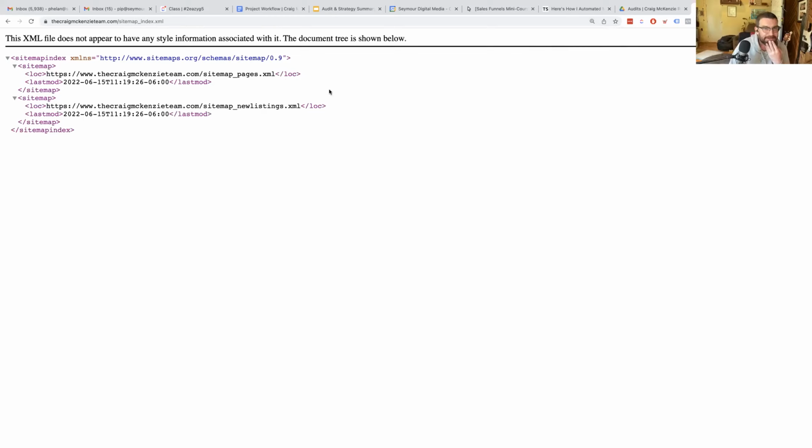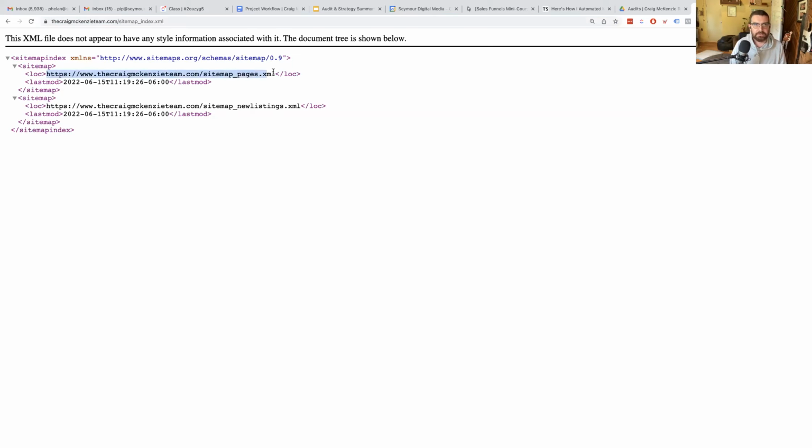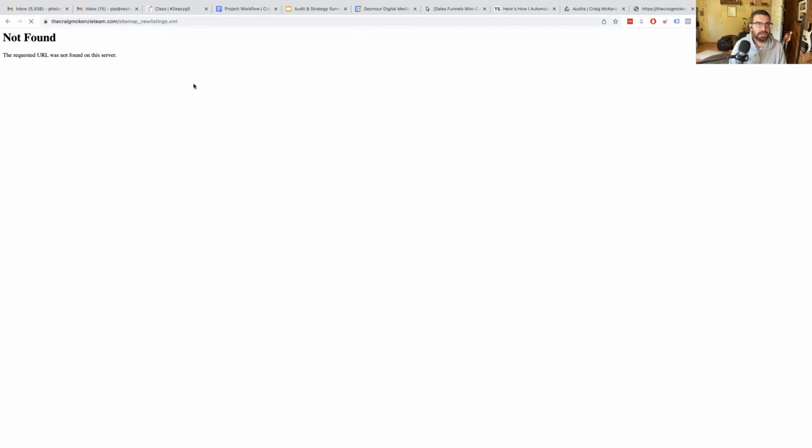I couldn't help myself. Okay, so generally you go to sitemap.xml. Usually it's sitemap_index if there's multiple under it, because that's an index of all the other sitemaps. And so you can see that we've got these two URLs here, right? One is the pages, and then one is the sitemap for new listings. So I copied that one and popped it in and I got a 404,